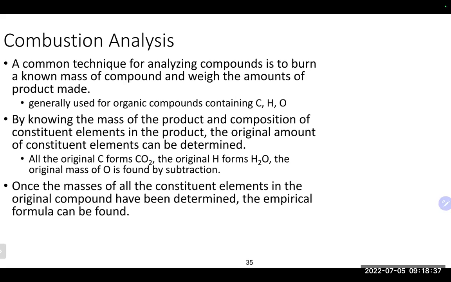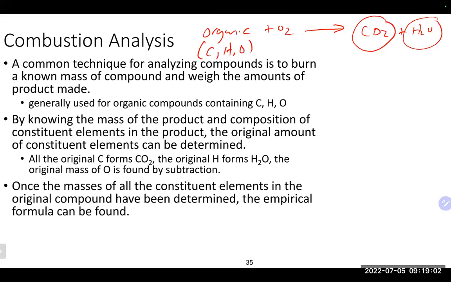combustion analysis. And this is a common technique where we basically do a combustion reaction, which will take something that's organic, that has carbon, hydrogen, and oxygen, add a little oxygen to it, and we will get CO2 and water. The combustion analysis is done by collecting CO2 and water. From the CO2, that will tell us how much carbon we started with, because all the carbon produced there would have come from our original guy. From the water, that will tell us how much hydrogen came from it,